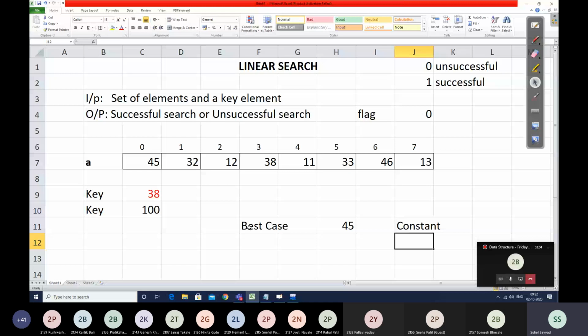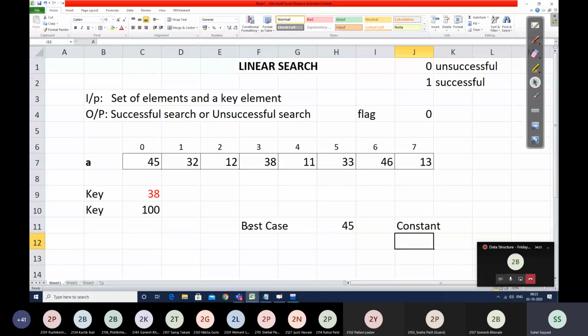So what is this particular case in linear search? Best case is when the element we try to search is present at the first position, or the 0th index in terms of the array. So it will always be constant, because even if you have 5, 10, 15, 20, or 100 elements in your array, if the number you are searching for is at the 0th index, it will always give you constant complexity. So the best case complexity for linear search would be constant complexity.